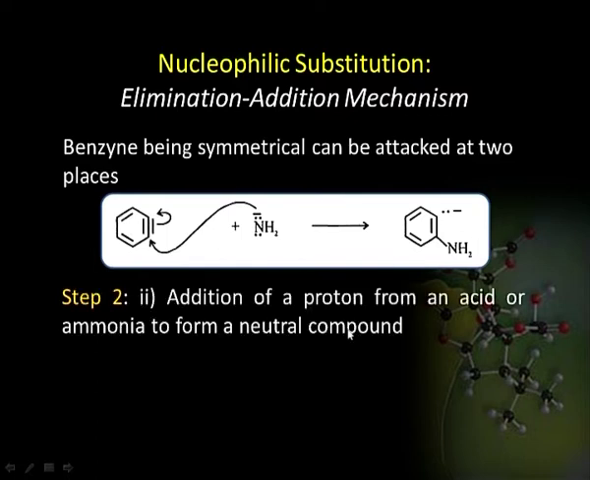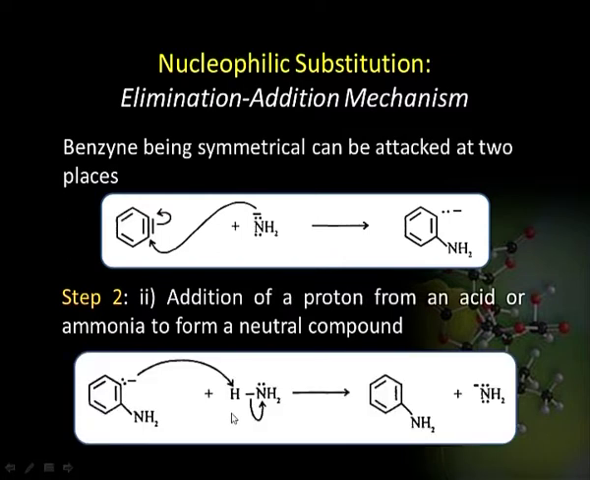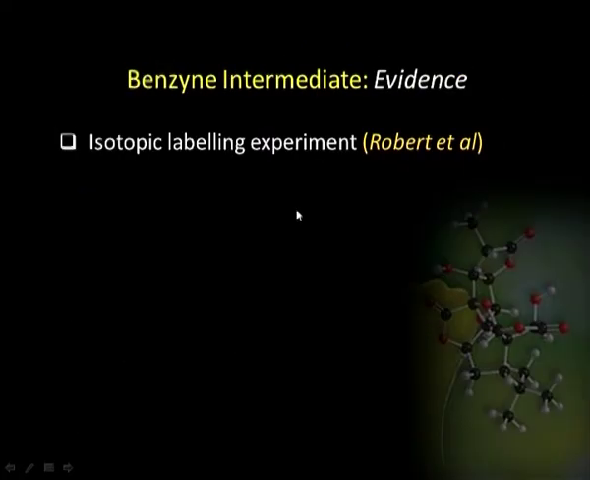In the second stage of second step, addition of a proton from an acid or ammonia leads to the neutral compound. So, in presence of ammonia, this anion abstracts another proton, gives the neutral aromatic aniline, and the amide ion is regained here. The existence of benzyne intermediate can be substantiated by isotopic labeling experiment, which was done by Roberts